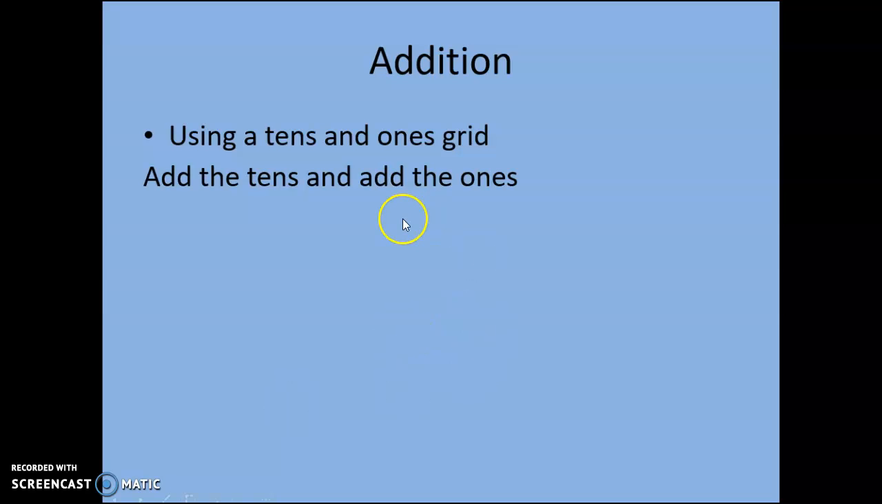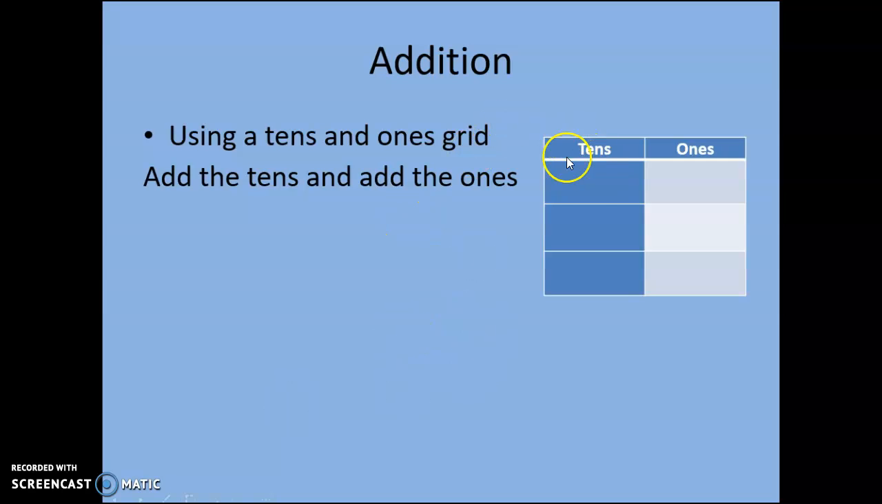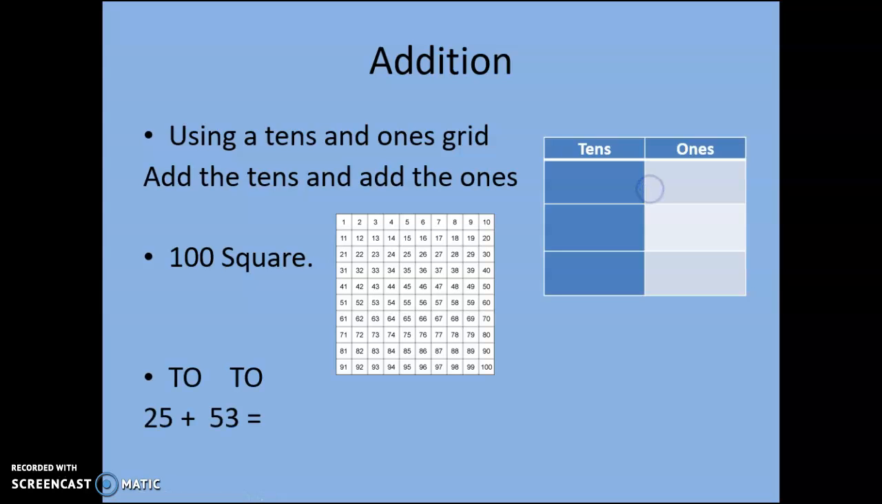So, the ways in which we can work out addition problems. We have the tens and ones grid, which we've just been getting used to. So we're adding the tens and the ones. We've looked at the 100 square. And a new one we're going to look at today is looking at,